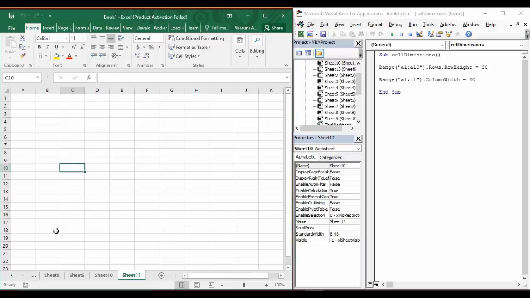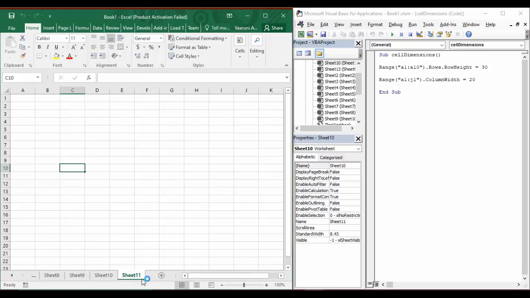Now we have also studied the go-to feature in Microsoft Excel, and using that feature, once we enter any particular cell address, that particular cell is selected. So in today's video, we are going to see how we can do this exact thing using the Visual Basic code. So let's start.